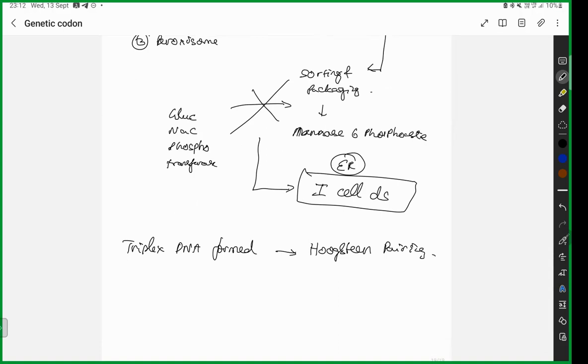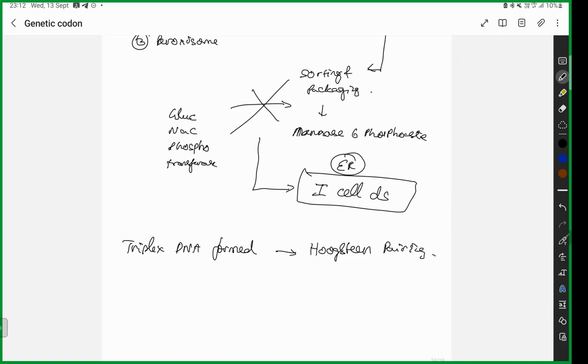Which of the following is not true regarding eukaryotic gene? Non-coding intron contain nuclear gene and pseudogene, correct. Modification of mRNA occurs before transportation, correct. Non-coding intron is there, correct. But you have a monocistronic mRNA. Polycistronic mRNA is not present in the eukaryotic gene, it is present in the prokaryotic gene.